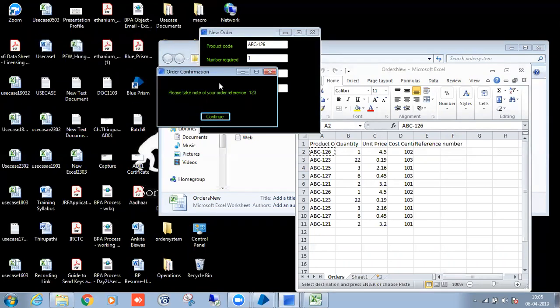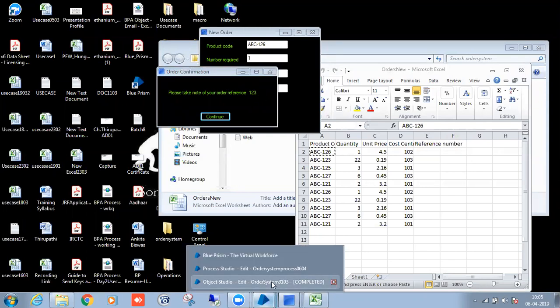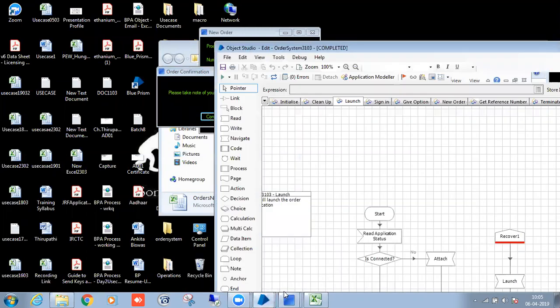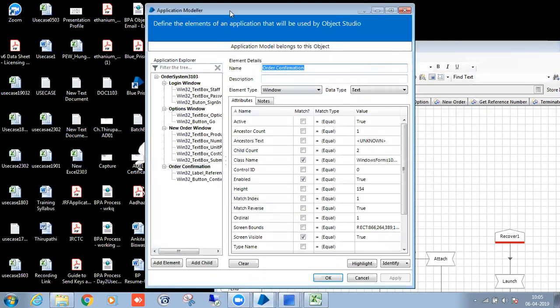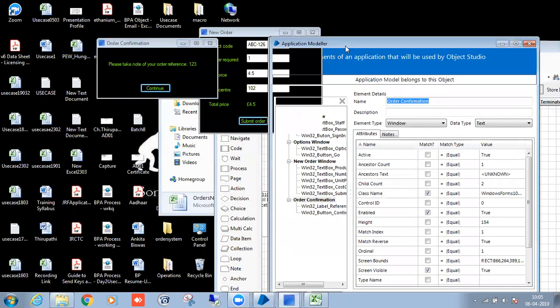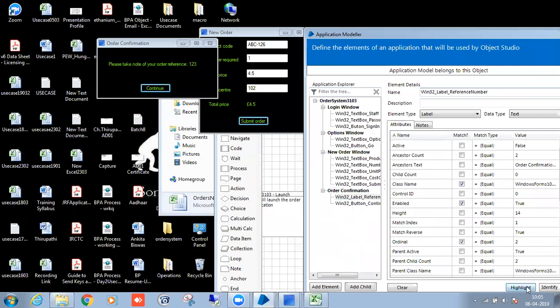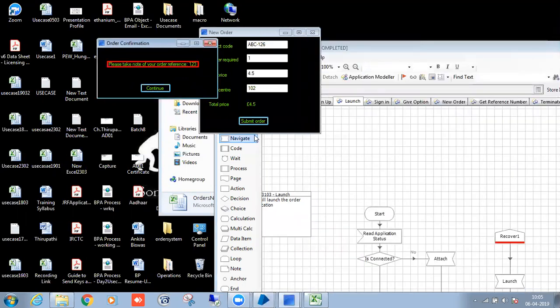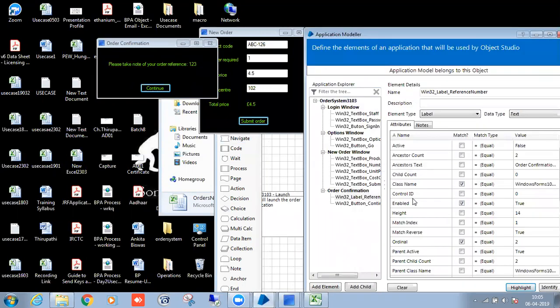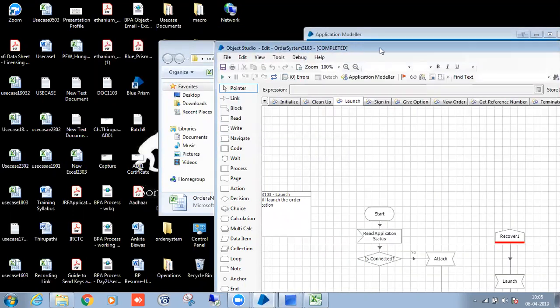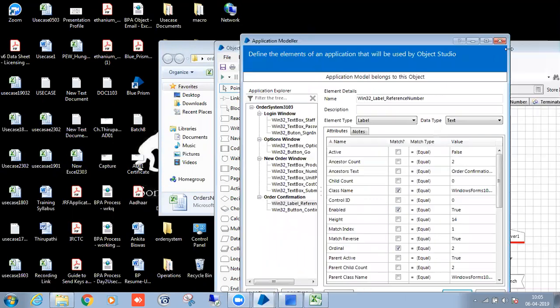See here, I will. Okay, please take note. Okay, got it. Yeah, so we are taking the entire element. If you go to the application modeler, we can see we are trimming this over there, not here. Yes. Okay, got it. So we are taking complete elements. See, highlighting properly. Got it. I can delete now. Yeah. Any other questions? No.